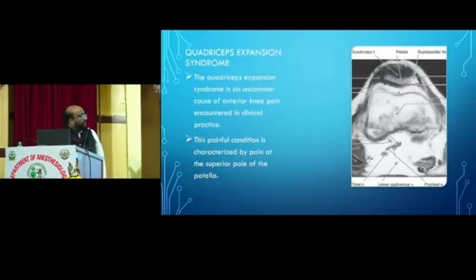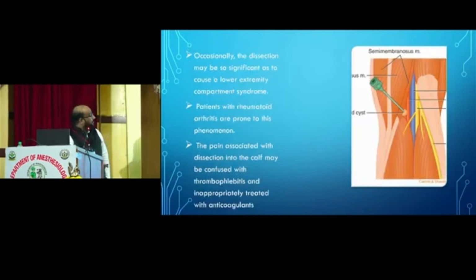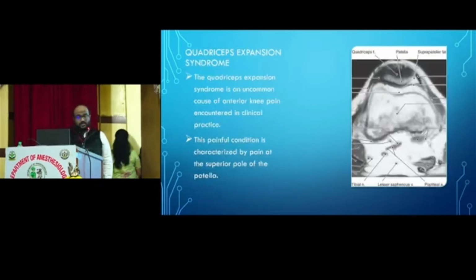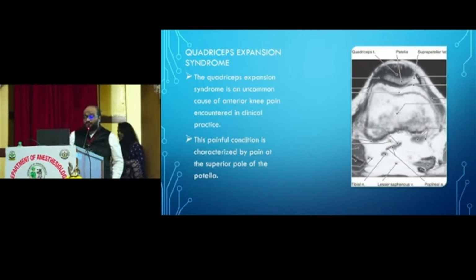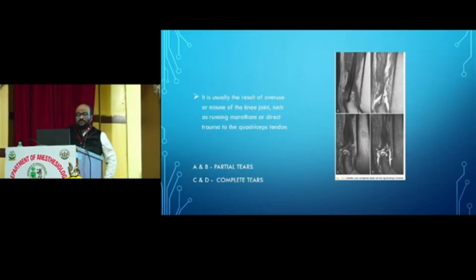Care should be taken while injecting into the bursa because there are vessels here, the popliteal artery and vein, and our sciatic nerve, already branched by this point. Next, coming to a rare cause of knee pain, quadriceps expansion syndrome. It is an uncommon cause. It is characterized by pain at the superior pole of the patella. It is usually a result of overuse or misuse of the knee joint, usually in athletes,